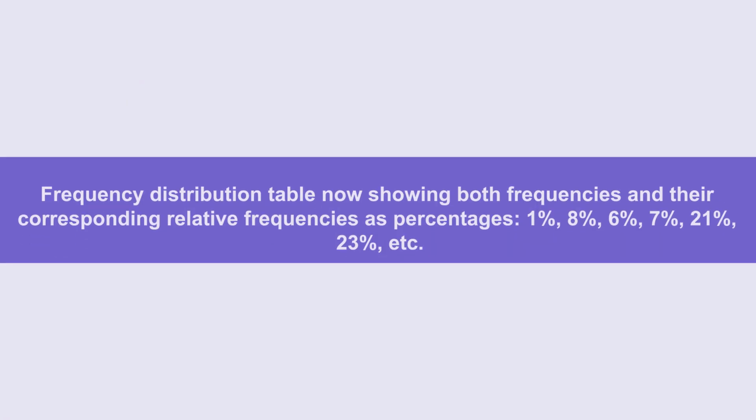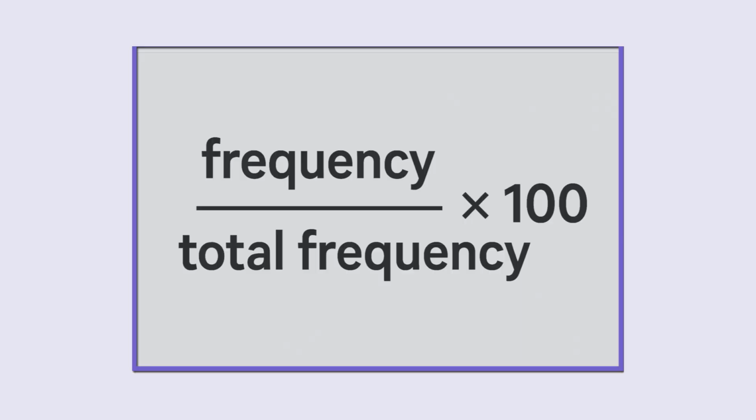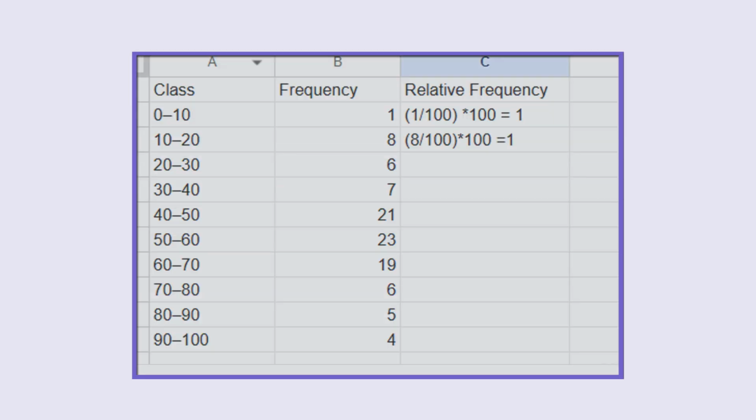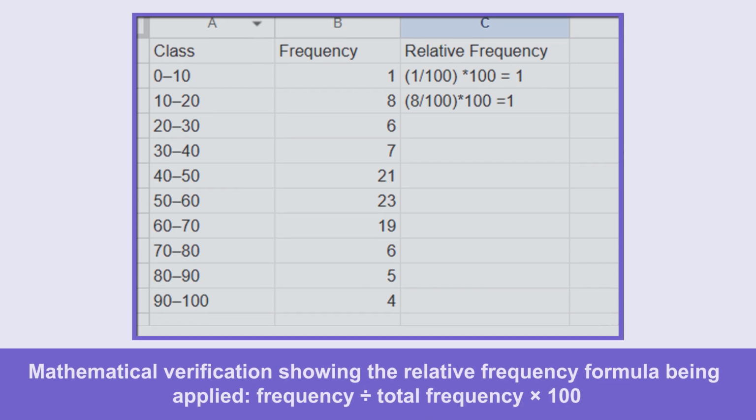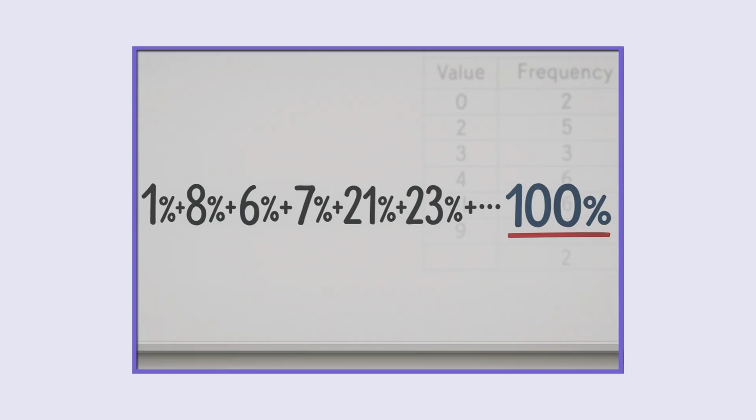To verify this is correct, we use the formula where relative frequency equals frequency divided by total frequency multiplied by 100. So for our first class interval of 0 to 10, we get 1 divided by 100 multiplied by 100, which equals 1%. For the second class of 10 to 20, we get 8% and so on. As a final check, when we add all the relative frequencies together, they sum to exactly 100%, which confirms our